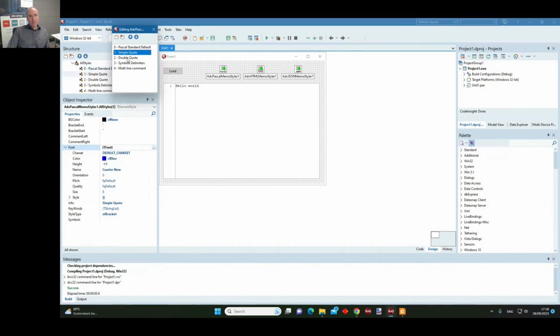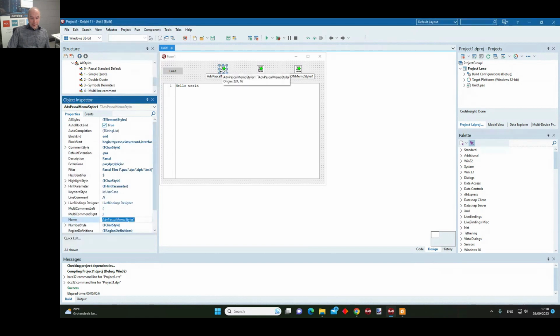We have here simple quotes, so the single quote for strings, for example, strings that we also color in blue in this case, or the double quotes, symbol delimiters, so the point, the comma, etc. These are all available here. And here we have, as we have in Pascal, multiple ways to specify multi-line comments. We can also insert a style element for the different types of multi-line comments.